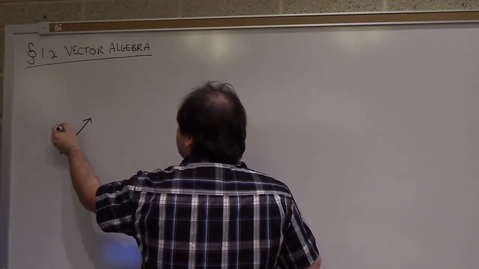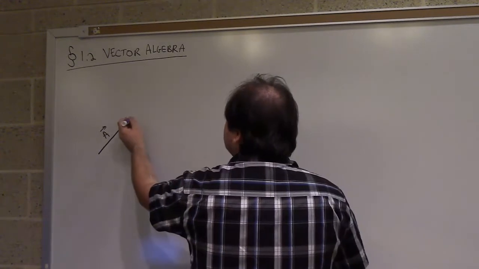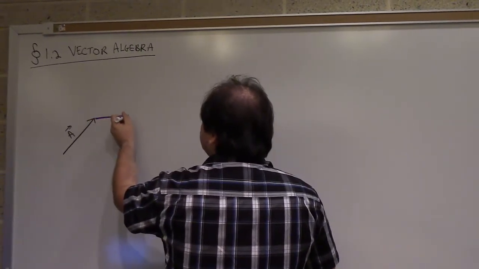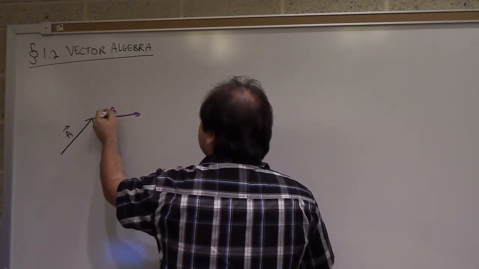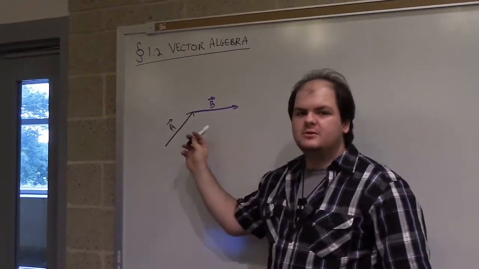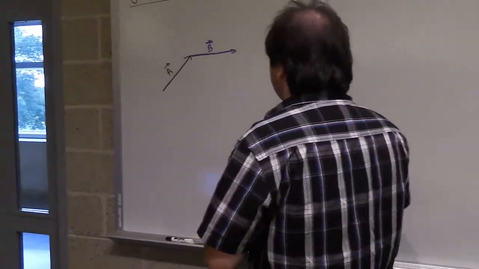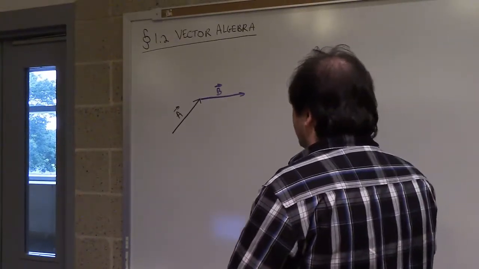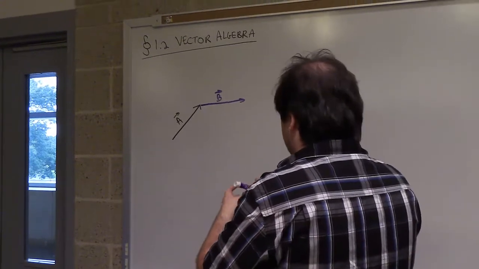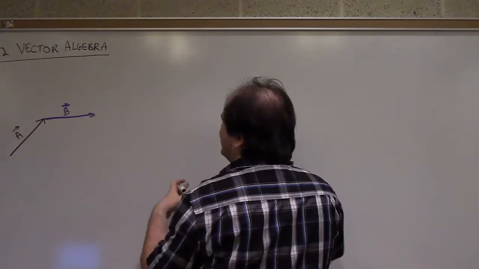This is going to be the a hat vector, and in purple is going to be the b hat vector. These should be very similar to the ones that you can find in your book in section 1.2. And for our first task, what we want to do is see what happens when we try to add these two